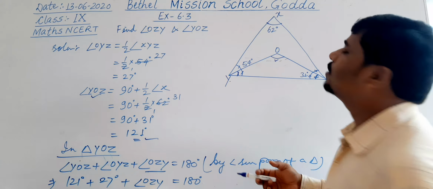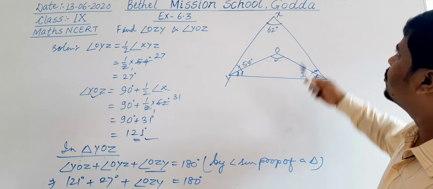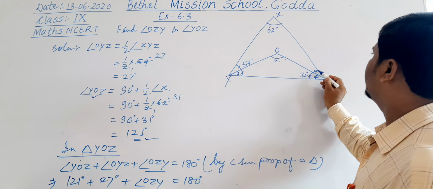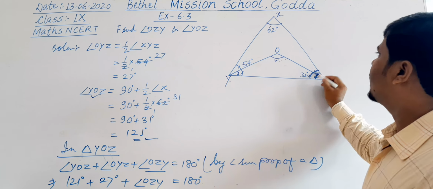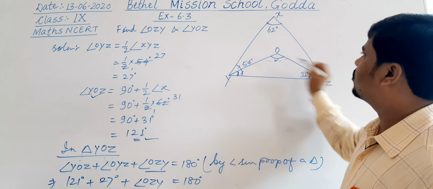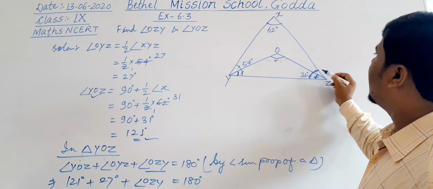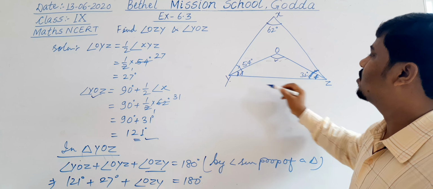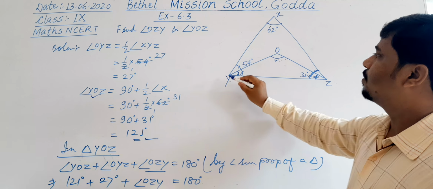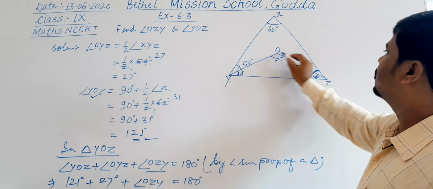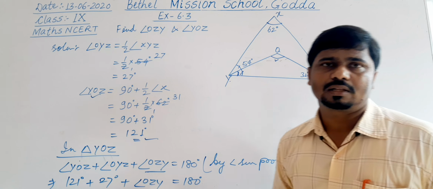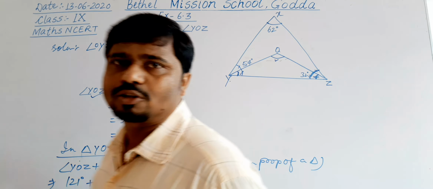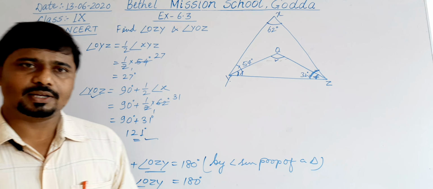Here is another way you could use. By the angle sum property of a triangle we will get angle XZY, this whole angle, and because ZO bisects this angle, half of it will be this angle. Again, by the angle sum property of a triangle, because this angle is already there and this angle we got, we will get YOZ. So this was another way. Understood? So like that we will use the property and solve those questions. Okay, you see the examples.